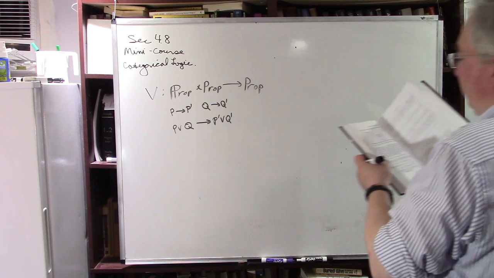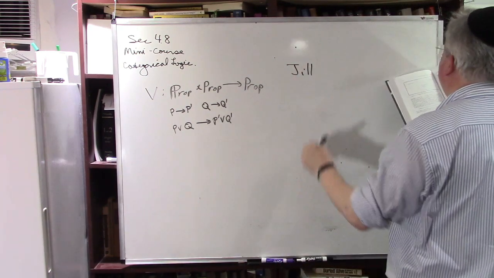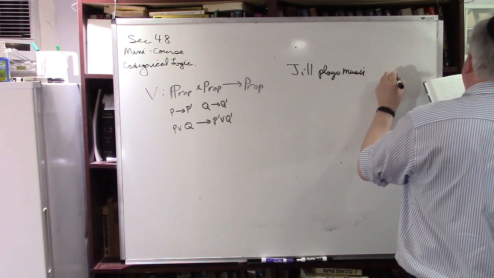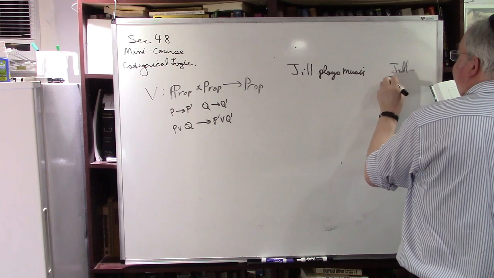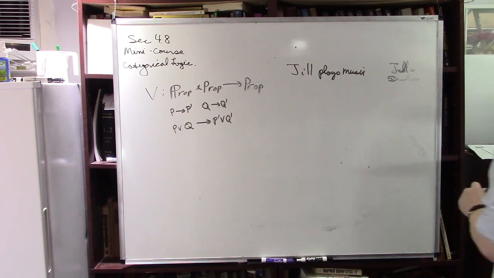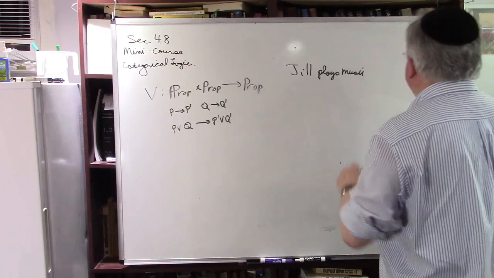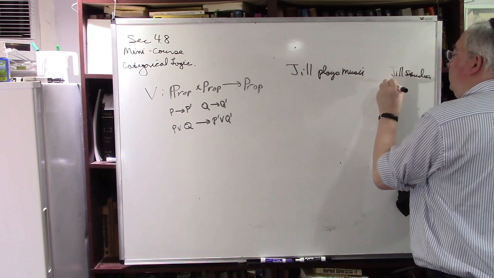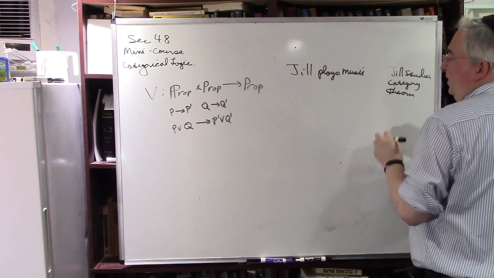Okay, it's on page 212, very cute example. Jill, so before we talked about Jack, here we can talk about Jill. Jill plays music. Jill studies category theory. Okay, and